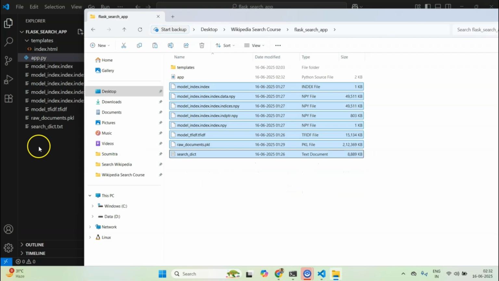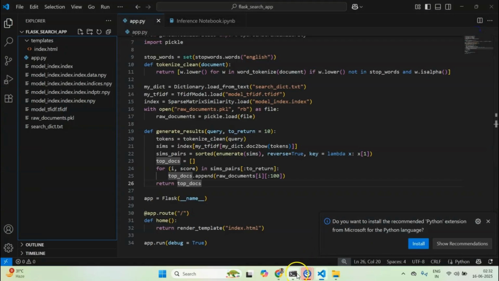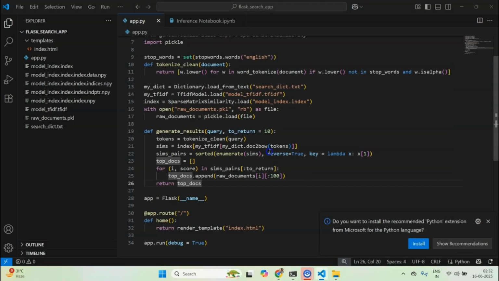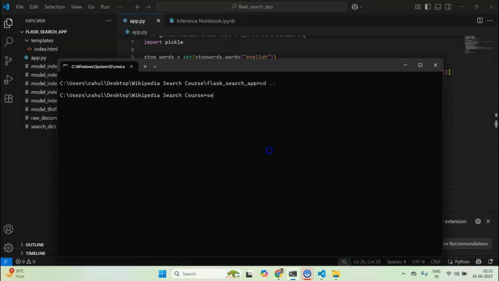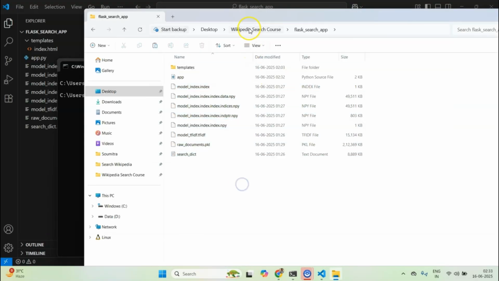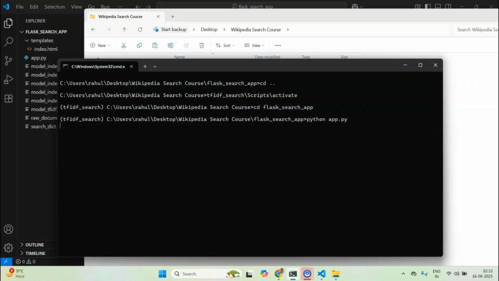Now they are present, and if I reload the app, I need to again search for the virtual environment name: tfidf search, Scripts, activate, and then cd Flask search app, and finally python app.py.